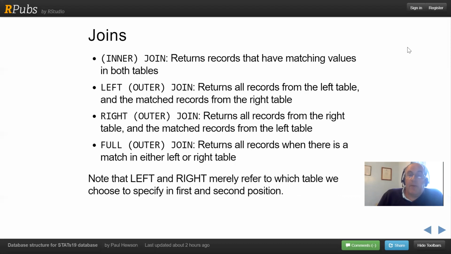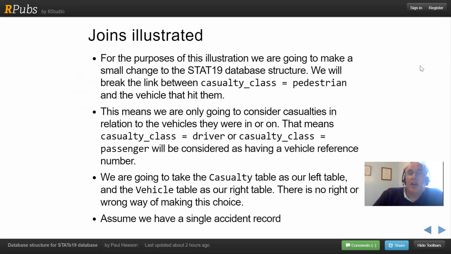And the piece of jargon we need to be clear about here, left and right, is purely a reference to which table we specify first and which we specify second. And that will become clearer when we have a look at some examples. Let's walk through some examples of all these kinds of joins. So for the purposes of the illustration, we're going to use the STATS19, but just going to make one little change, and we're going to break the link